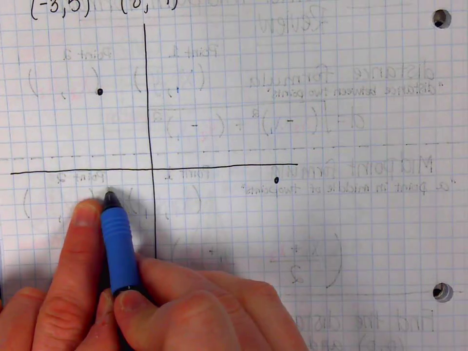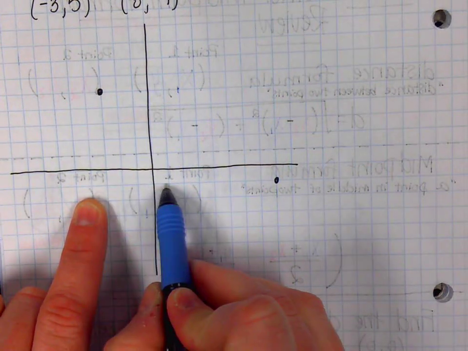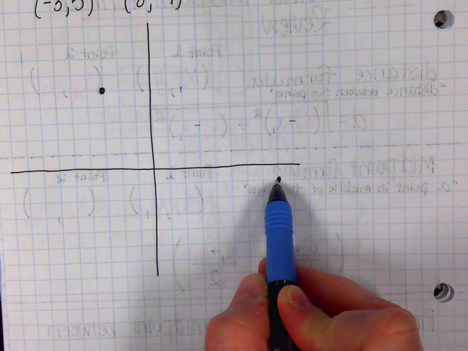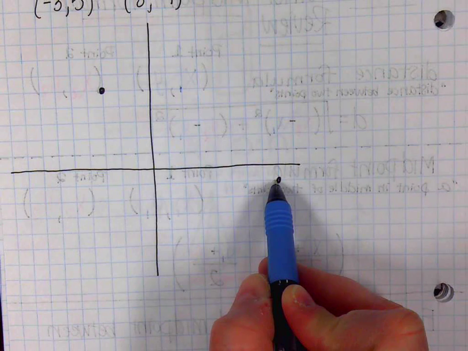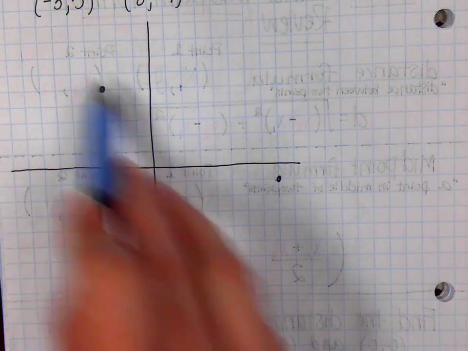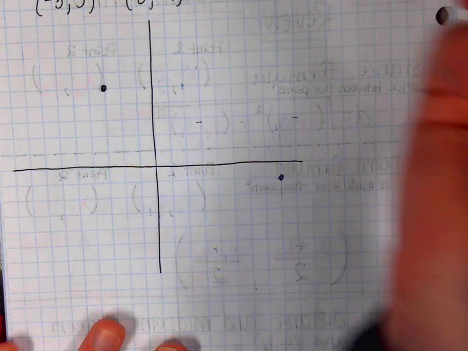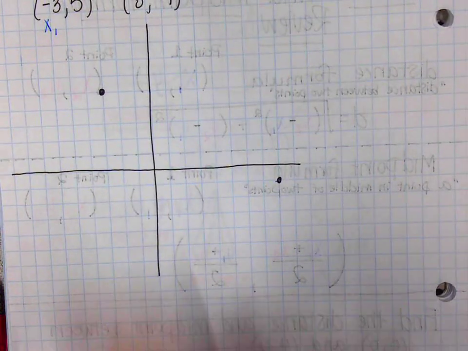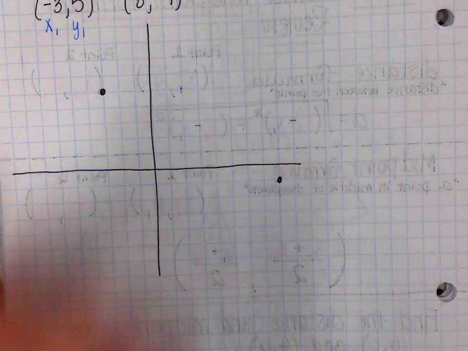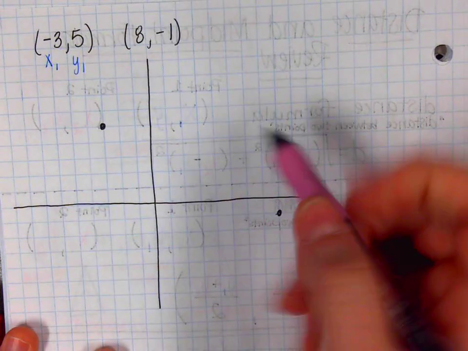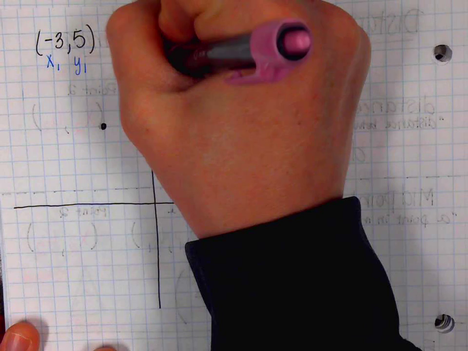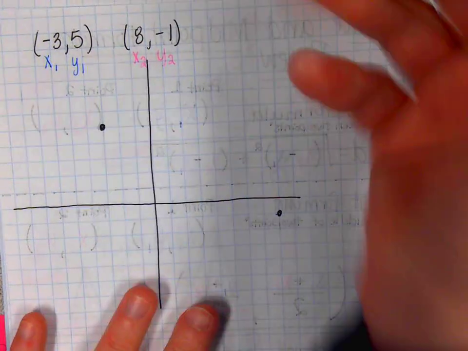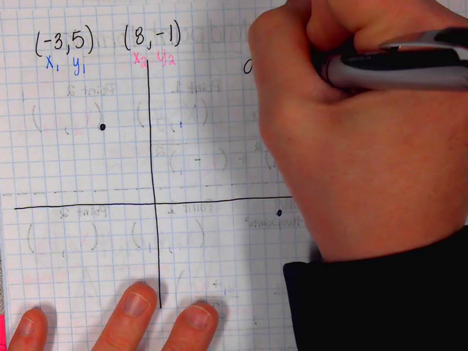So our horizontal distance is 1, 2, 3, 4, 5, 6, 7, 8, 9, 10, 11, which 11 is an odd number. So when you divide that by 2, it's going to be some type of decimal. So again, this is x1 and y1, x2, and y2. So for a distance formula, d equals square root,